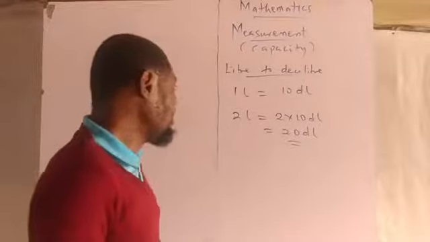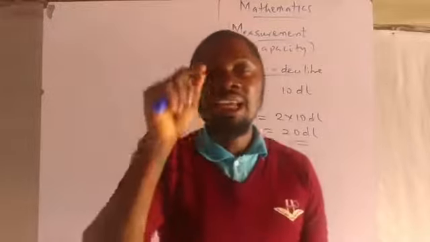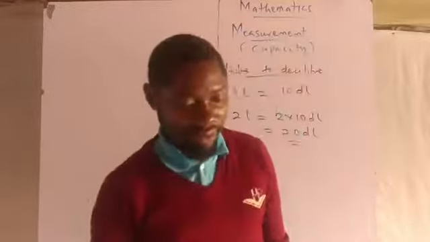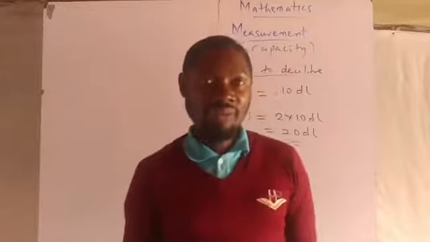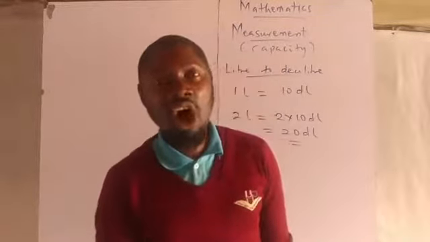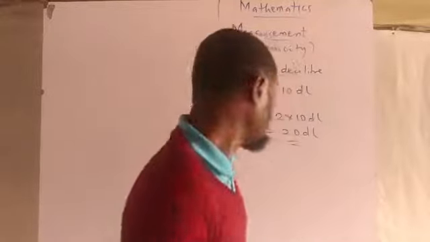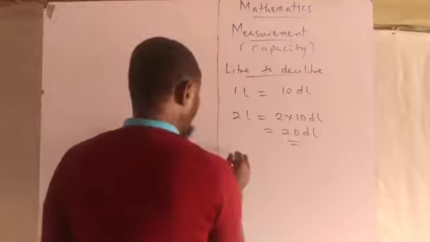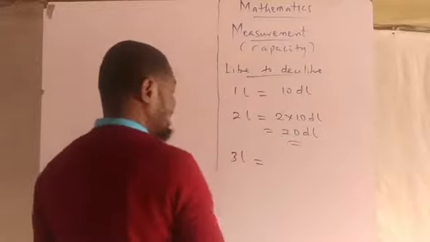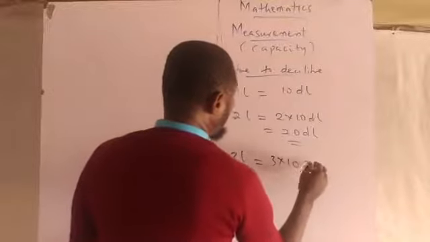If you're changing liter to deciliter, you always multiply the number by 10. If I want to write 3 liter in deciliter, I'll simply do 3 times 10, and that will give me